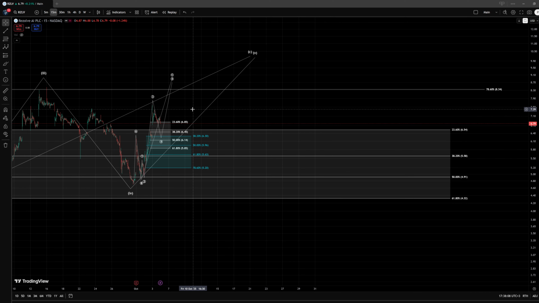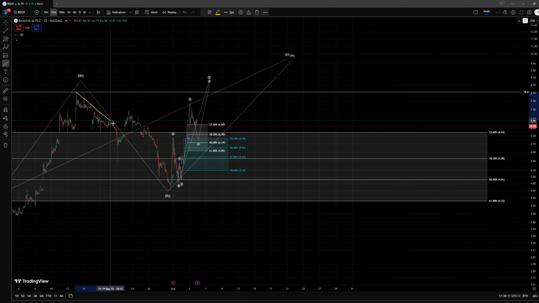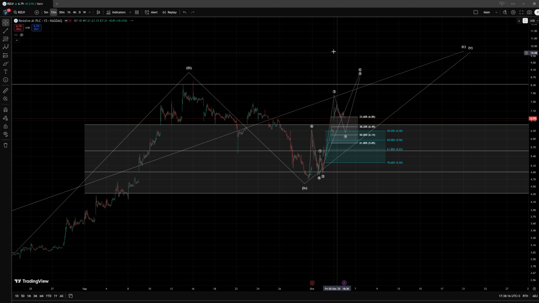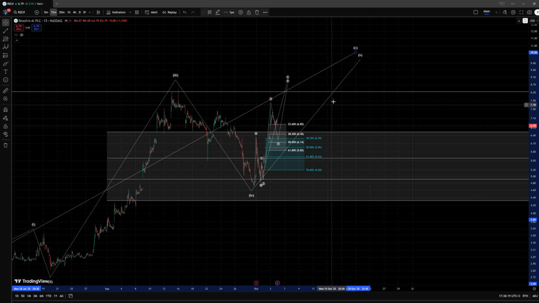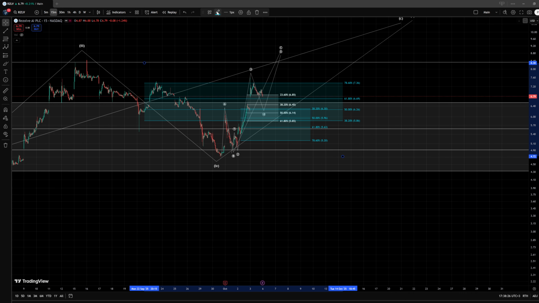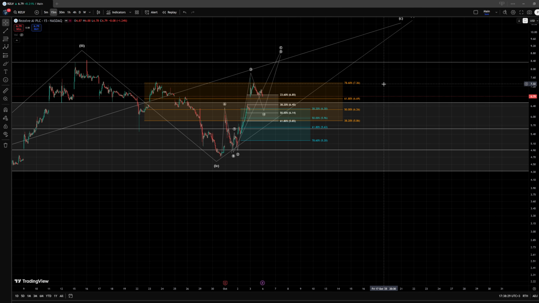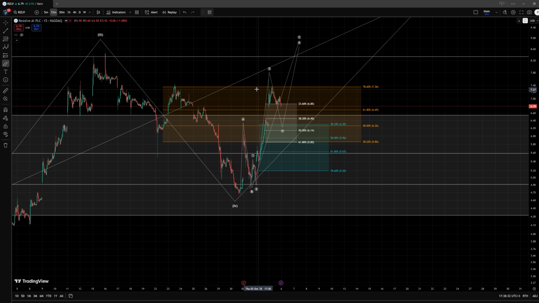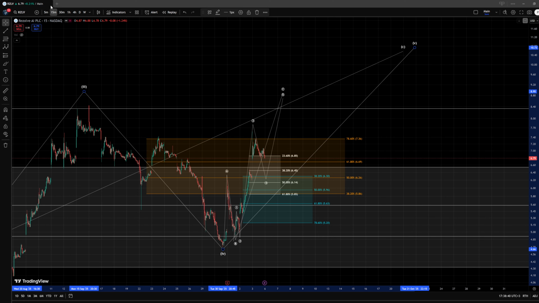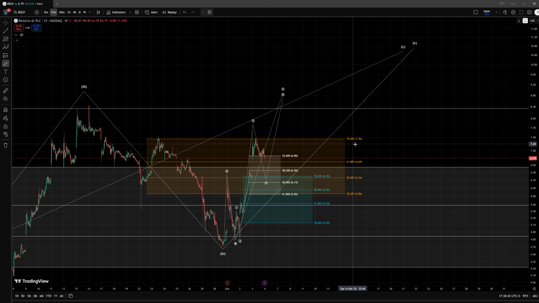We don't have a 5-wave structure, and we need to be open that this could extend either into a larger ABC movement, or since we are tracking a diagonal structure within this wave C, it would need to be an ABC structure. So technically, we need to break above the 78.6% retracement here, that let's use orange for, which is at the $7.4 level, for a clear indication or a further indication that we did bottom here within this wave 4. And so far we did get rejected at a 78.6% retracement a couple of times,